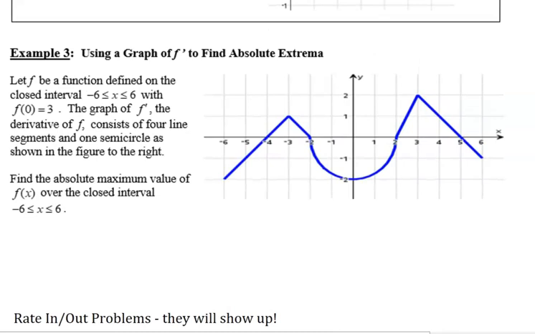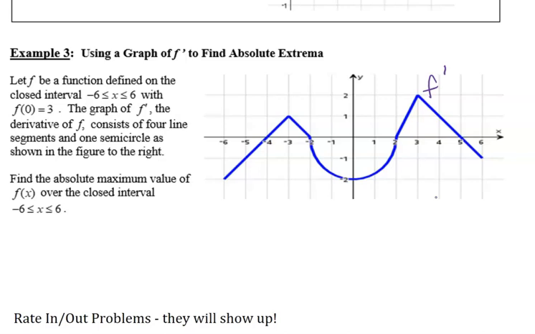Okay, so we're looking again at a graph of f prime. It's actually not labeled over here, but it says in the words that this is the graph of f prime, the derivative of f. So I'm going to label this f prime. It's 4 line segments, 1, 2, 3, 4, and 1 semicircle. We are looking for the absolute maximum value of f, not f prime, but f